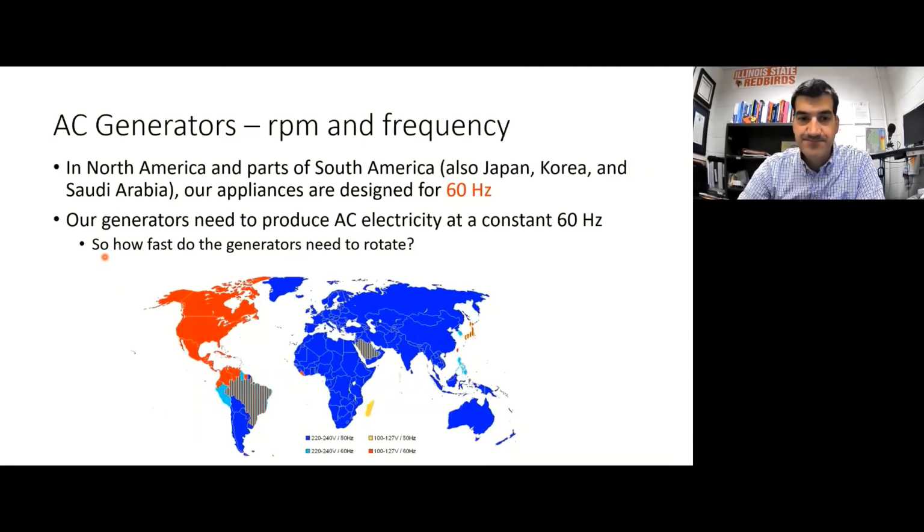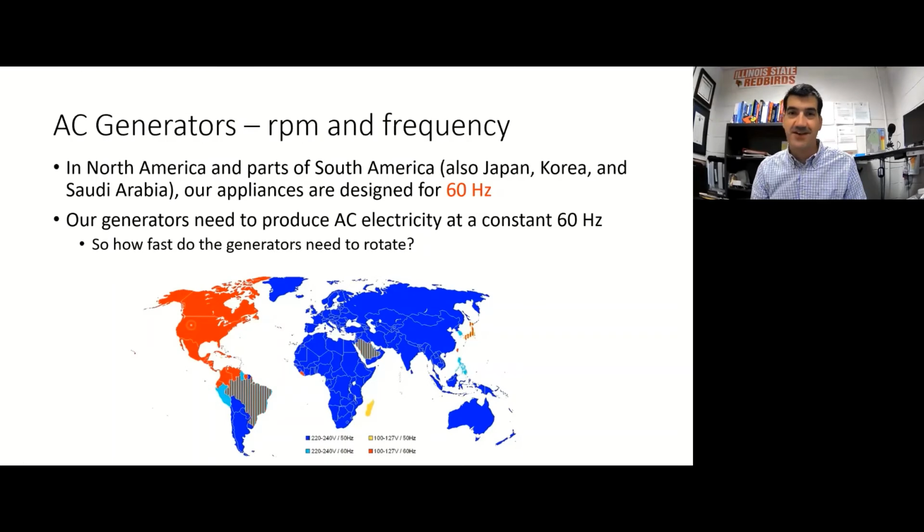So first of all, I said that in North America, we have an electric grid that operates at 60 hertz AC. We're actually in the minority. The majority of the world operates at 50 hertz AC electricity for their electric grid. It doesn't really matter. I mean, it's different, obviously, and your devices do need to be designed differently. So in general, for most devices, you can't just take